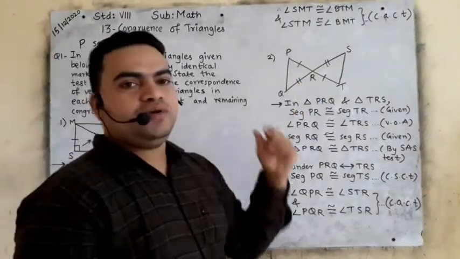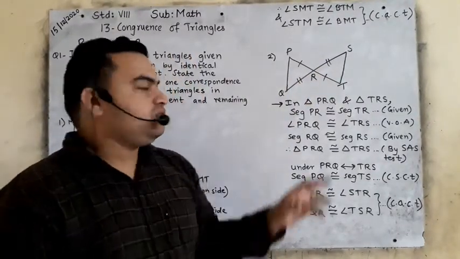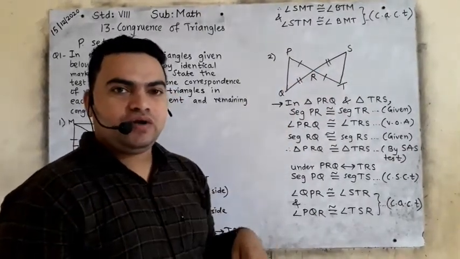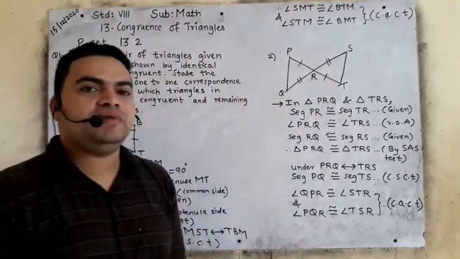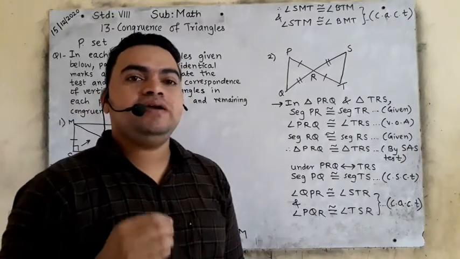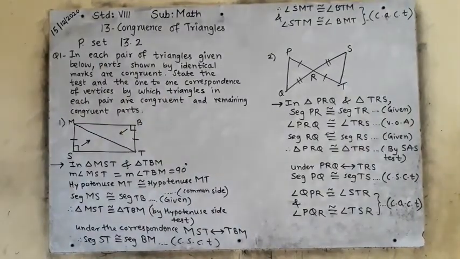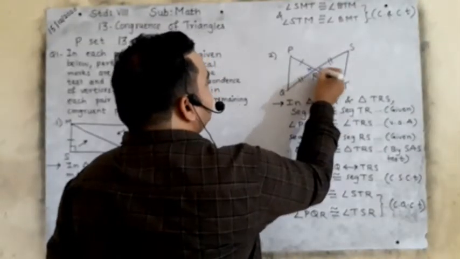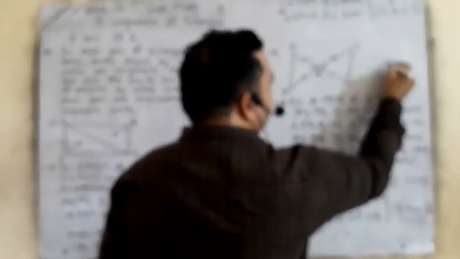Similarly, we will utilize this over here. Can you see these two triangles? But there is one more thing. Can you see these two lines? These two sides are intersecting each other at point R. Can you see an X is forming here? Whenever an X is forming, we will understand that the vertically opposite angles will be congruent to each other. Please pay attention here. See this angle and this angle are vertically opposite angles, yes or no? When there is an X, their vertically opposite angles are congruent to each other.